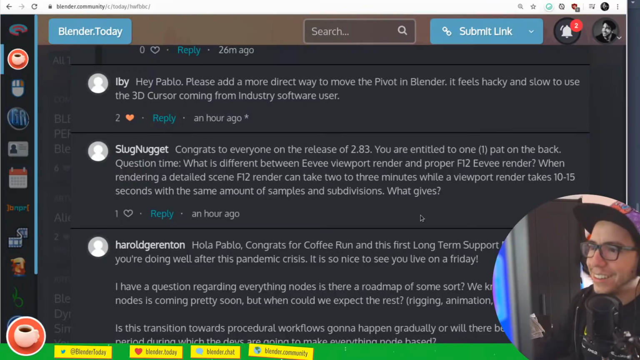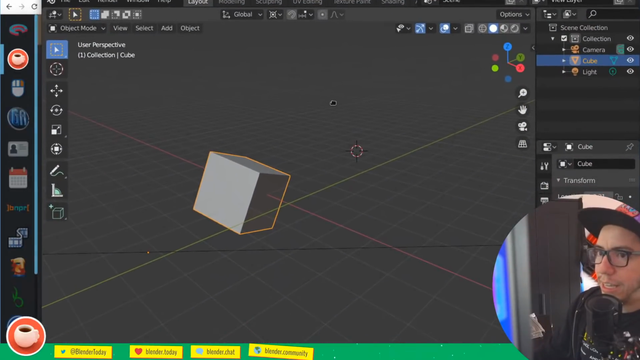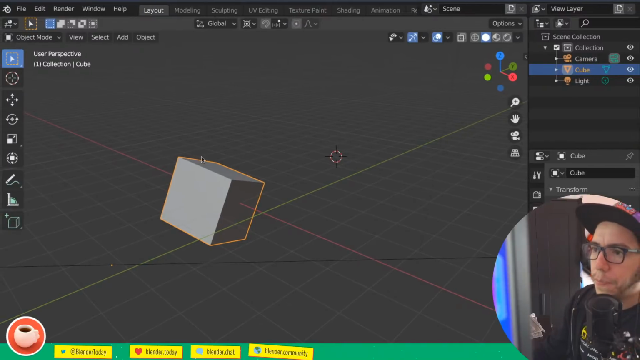Thank you. Question time. What is the difference between the Eevee viewport and a proper F12 Eevee render? When rendering a detailed scene, F12 render can take 2 to 3 minutes, while a viewport render takes 10 to 11 seconds, with the same amount of samples and subdivisions. What gives? Well, I don't know about the inner workings of that, but when you press F12, you're doing a